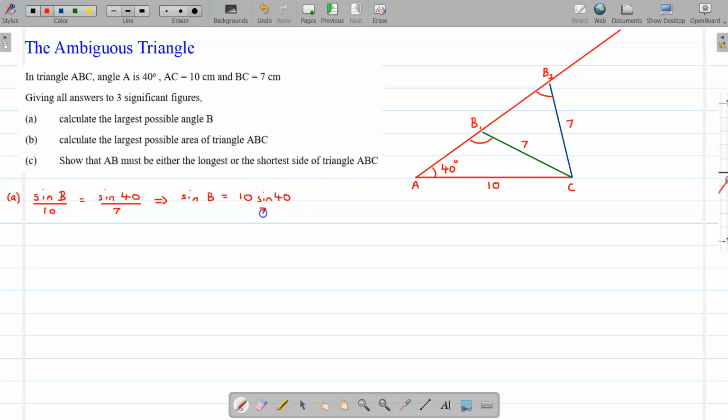7. Okay, so that's how we use the sine rule to rearrange it to find whatever is unknown. So our unknown is sine of B. Now remember, the sine of an angle is between -1 and 1. Okay, so if we put that on the calculator, I'm going to use several decimal places here, and it's okay to do this as long as you go well beyond the number of decimal places required in answers. So they're wanting 3 significant figures ultimately. So for the moment, this is